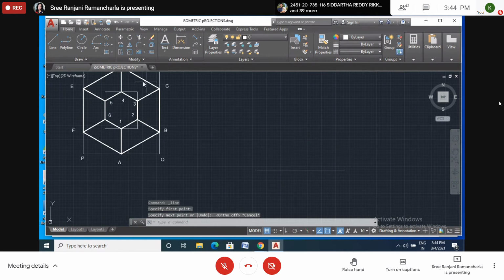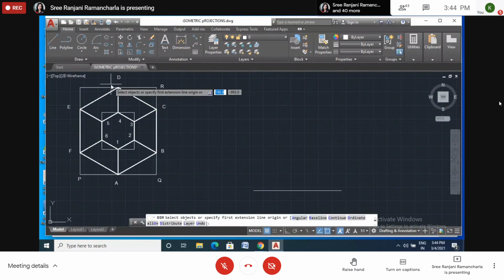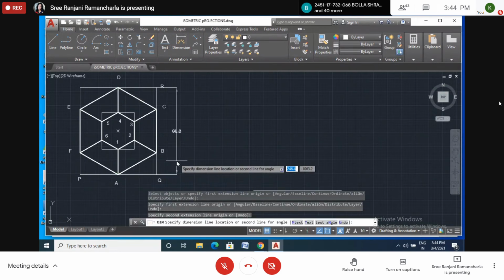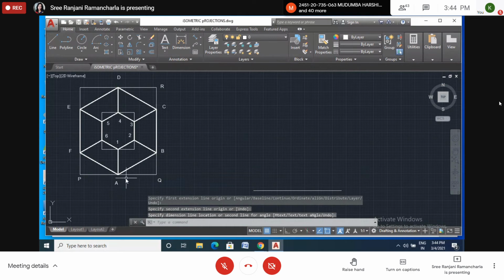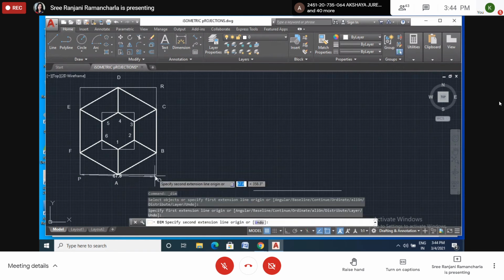We don't know the length of PQ. We know the length of QR. QR is 80. We have taken this one as 40, right? So here it will be 80. If you want, you can check. See here, 80. Okay. So PQ will be less than 80.